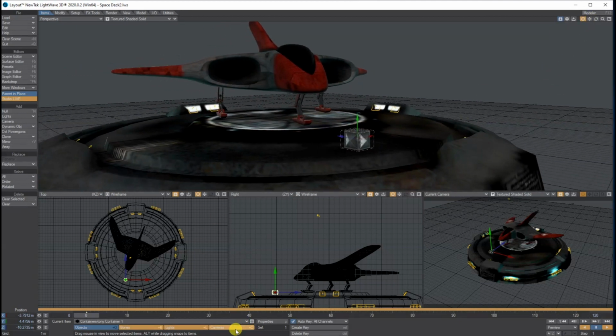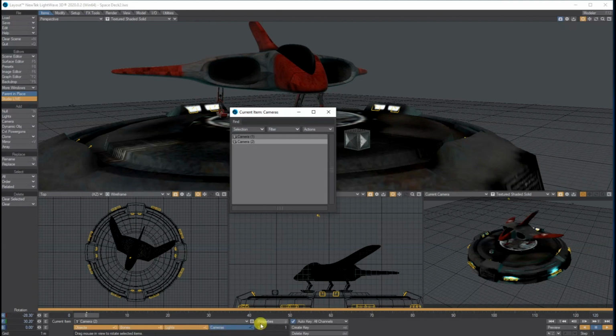And then what I'm going to do is leave my wide shot. I'm going to go to item. Make sure you're on the camera. Where it says here under item, it says clone. Clone the current item. Press OK, and what it's done is cloned that camera. So if you click this little icon here, you can see we've got a number 2.